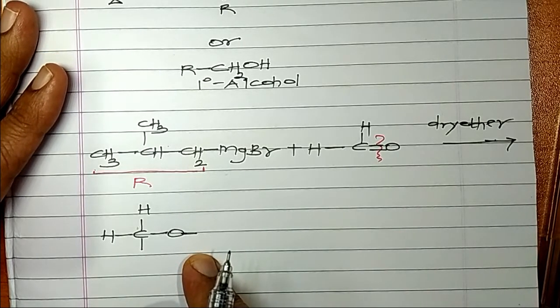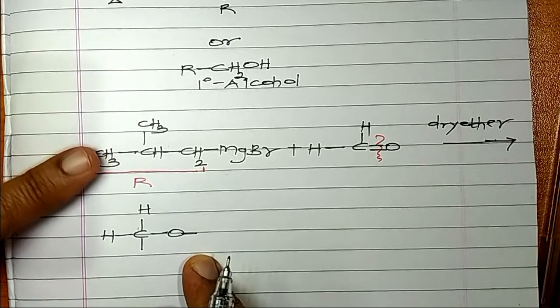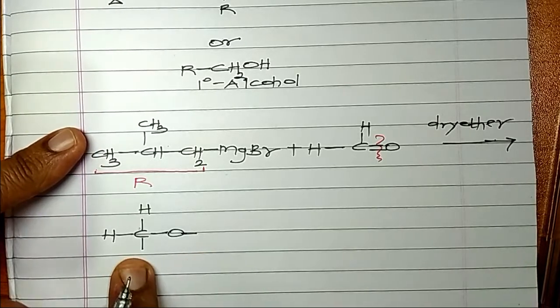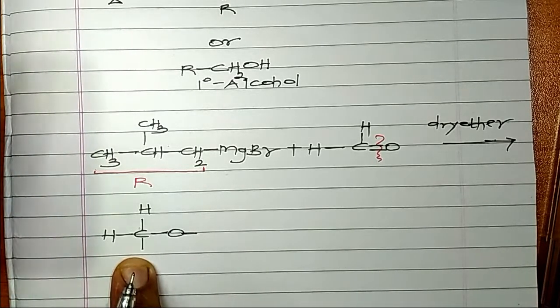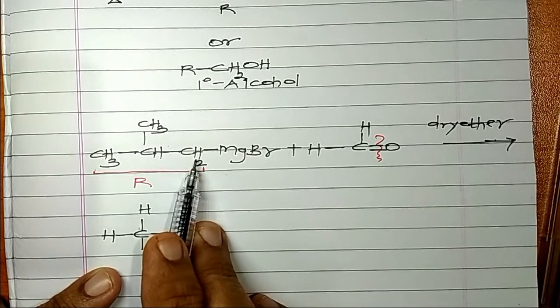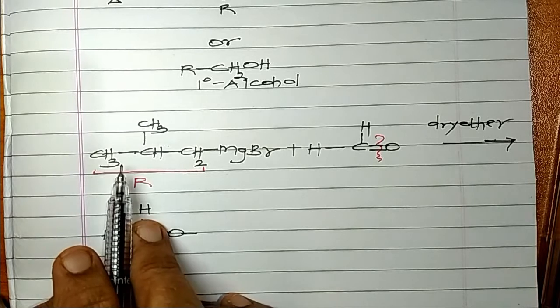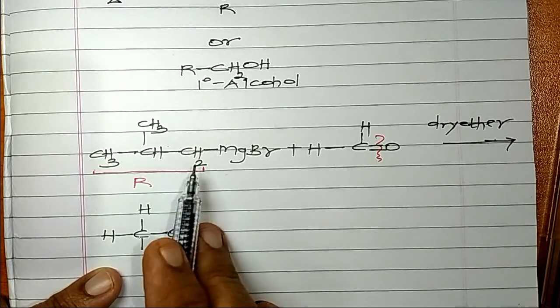Now you remember in that basic earlier general reaction what I told you? The R part, you can see my finger here. The R part should go where? It should go to the carbonyl carbon. Whatever is the value of R, it is methyl, ethyl, isopropyl or a group like this. R should always go and get attached to the carbonyl carbon. So I start writing from here. I cannot write from here, please understand. These are small basics. The children, they get confused. You have to start writing from here.